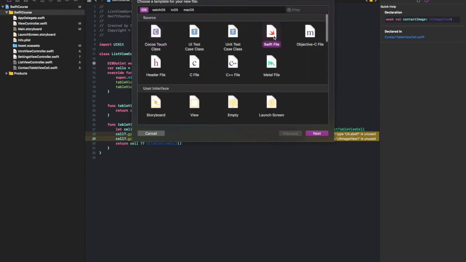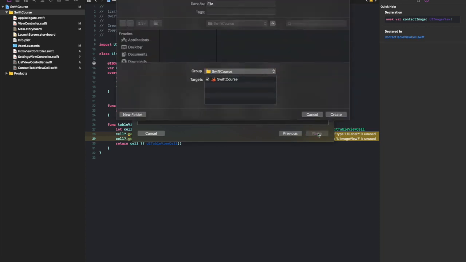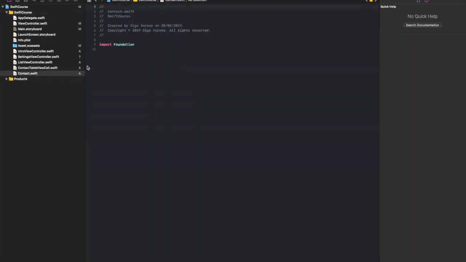For that, we just go to Swift file, and it doesn't have any parent, it is just Contact, and my Contact will have three fields. It will be name, image name, and a phone number. After the properties, we also need to create an initializer, and the initializer will have the same fields as the variables our class has,